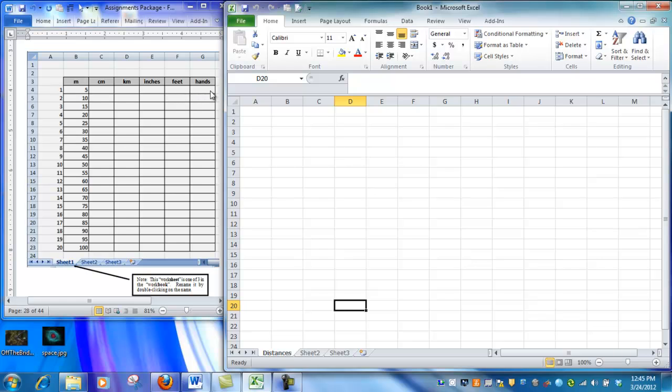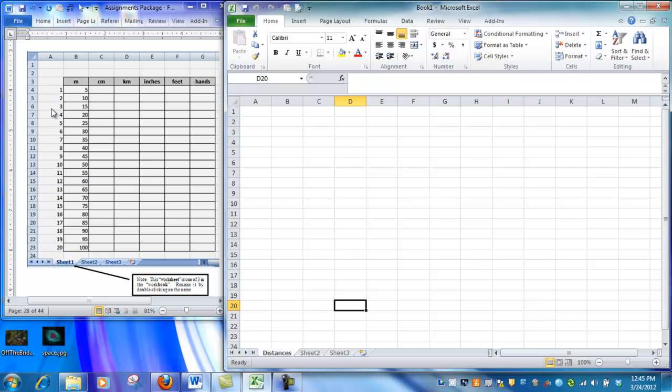If you haven't heard of hands, it's a measure that they use to measure the height of a horse. I don't know if you knew that there were both feet and hands in the imperial measure system. It's all based on body parts. Inches are actually based on a segment of your finger. Anyways,